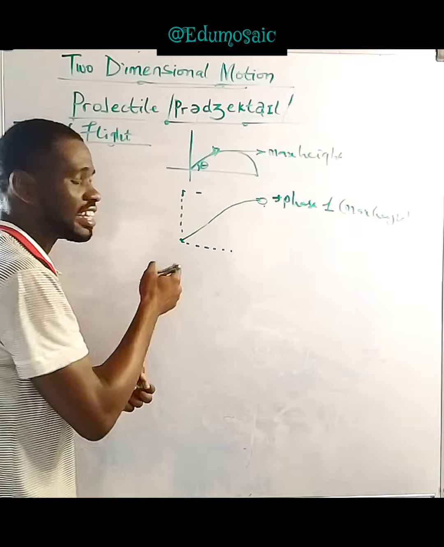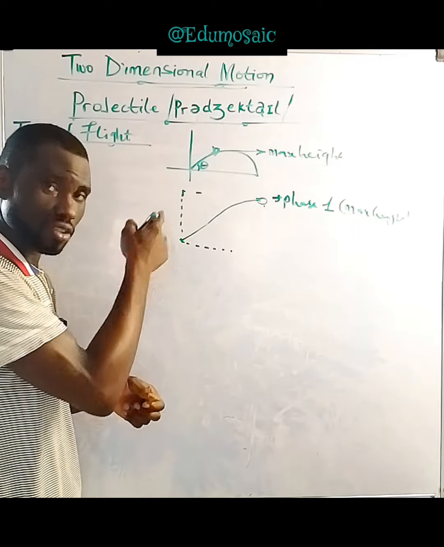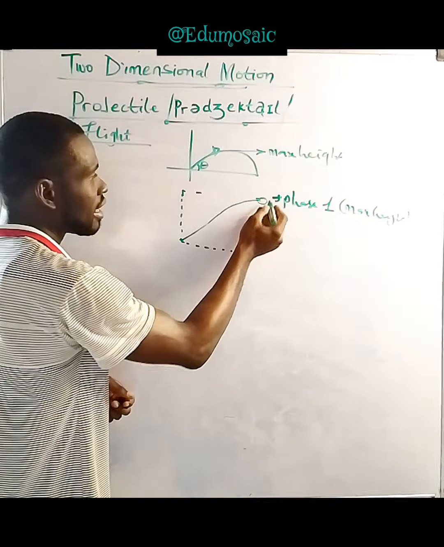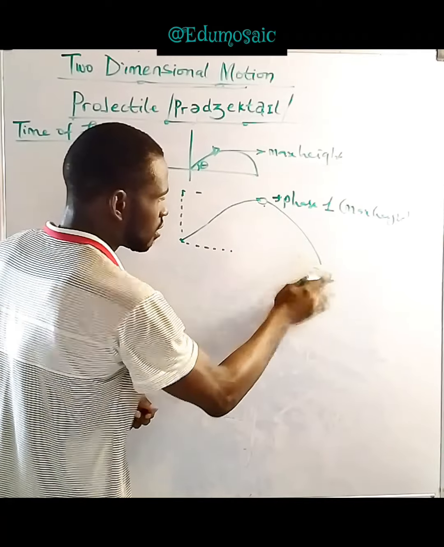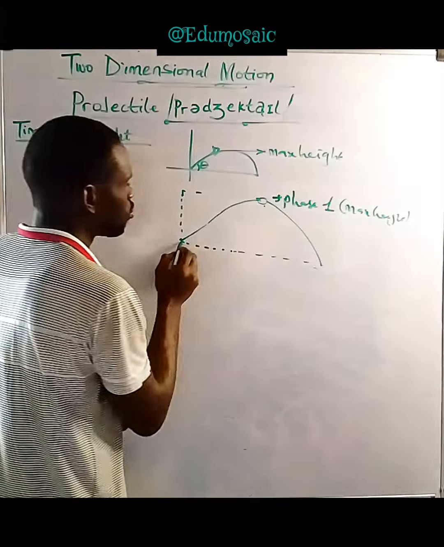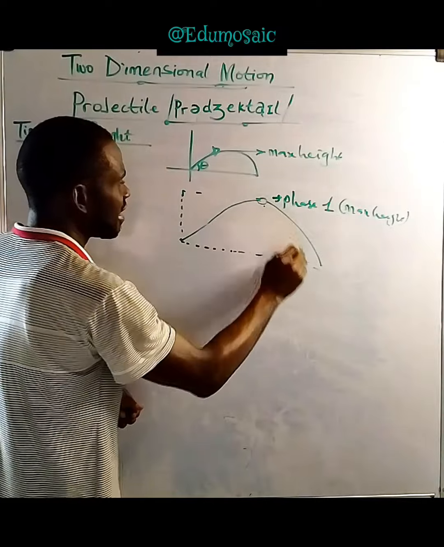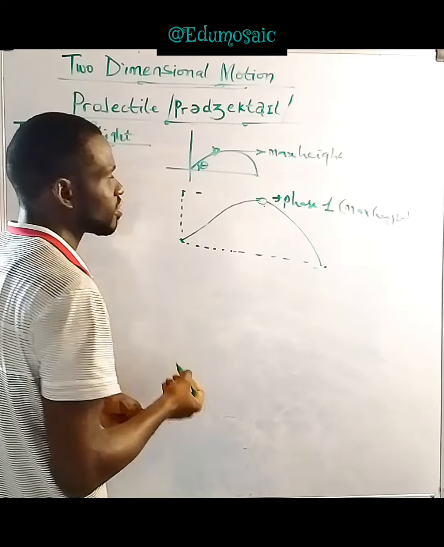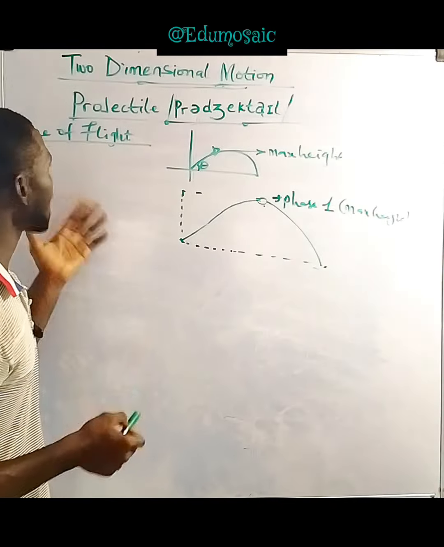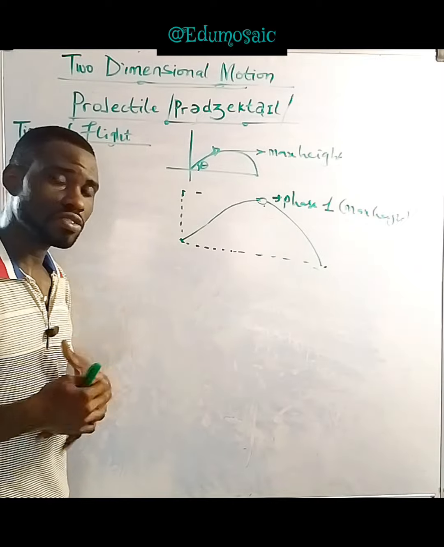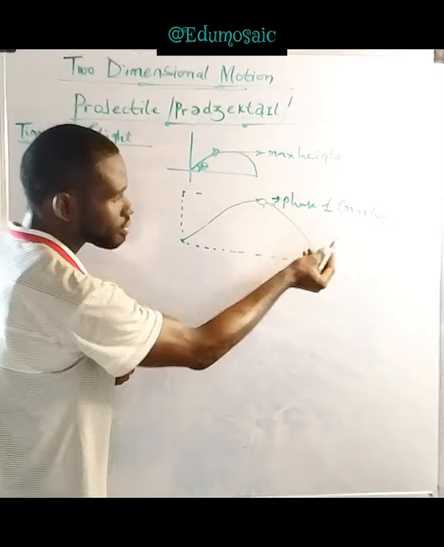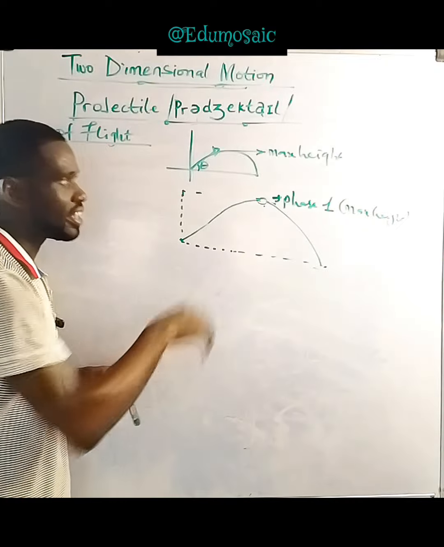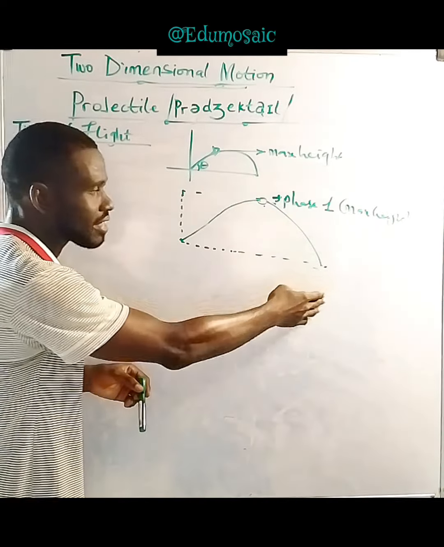It loses all its initial velocity along the y-axis. So at this very point in time, the body starts falling. Gravity now takes over and sends it back to the ground. So you see a body is being thrown from here, the body goes like this and hits this region. So we're talking about time of flight. You have two types of time of flight. You have the time it takes the body to get to maximum height, and the time it takes the body to move from that maximum height back to the ground.